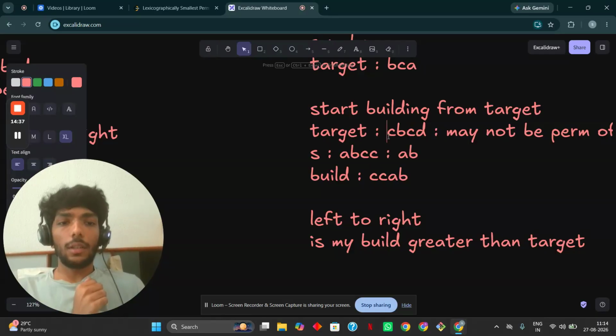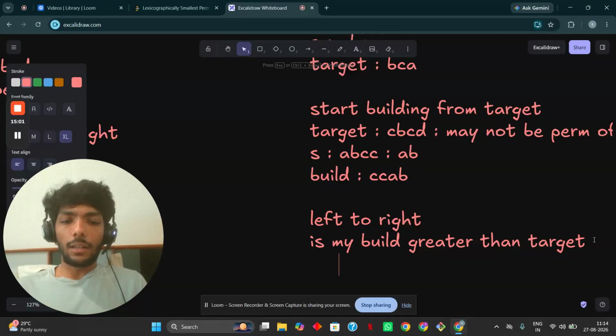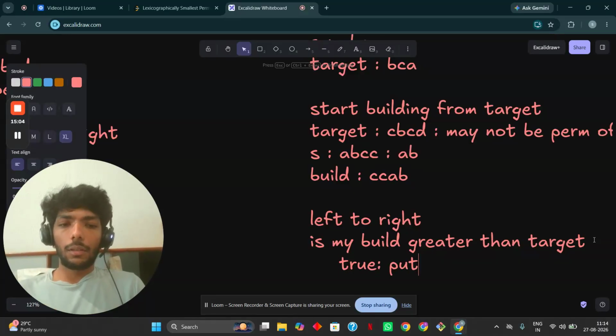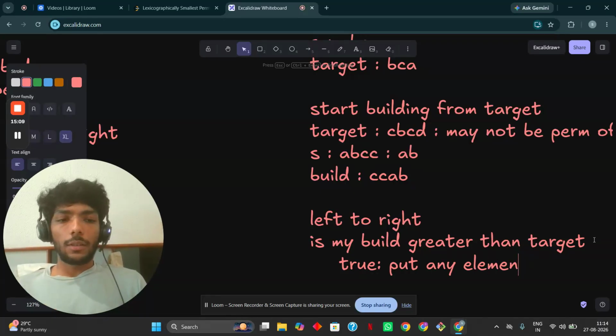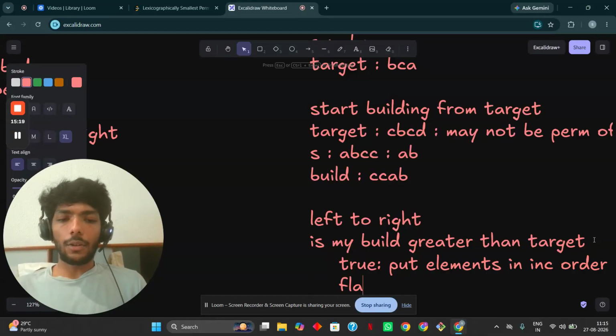This C is not greater than this C, but this C is greater than this B. So if that happened, the relative order of the suffix did not matter. But here, when this C was equal to this C, the relative order of the suffix did matter. So is my build greater than target? If it is true, we can put any elements, but we want smallest, so we will put elements in the increasing order or ascending order. Okay, if that's not the case,